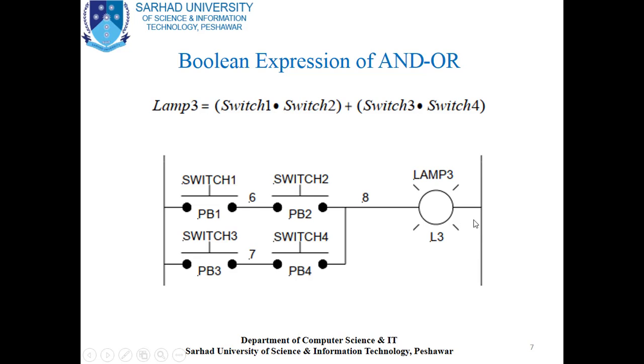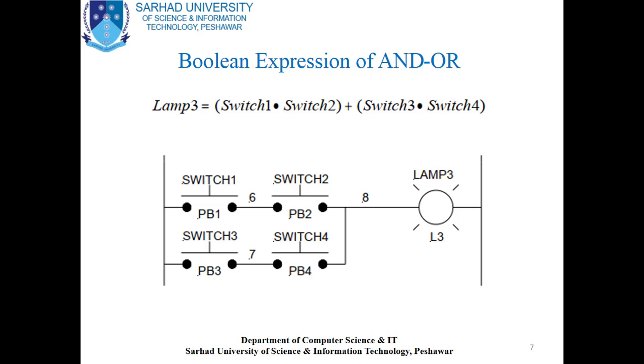The power flows from left to right and from top to bottom. In the next lecture, we will discuss in detail the ladder logic diagram, but here you can see the simple Boolean expression